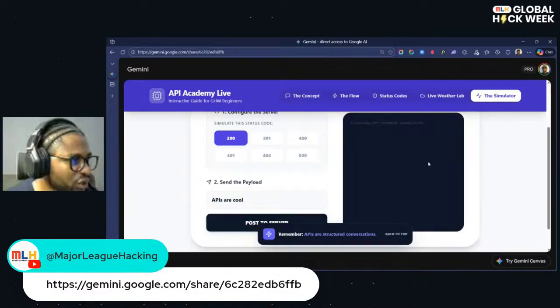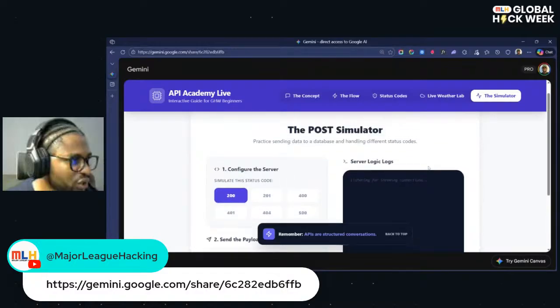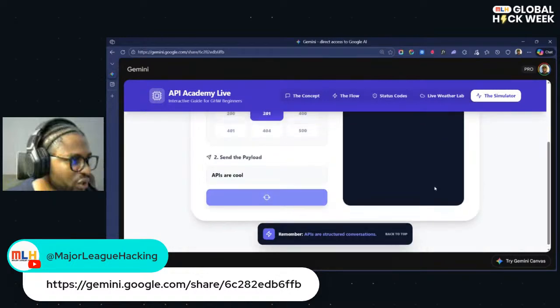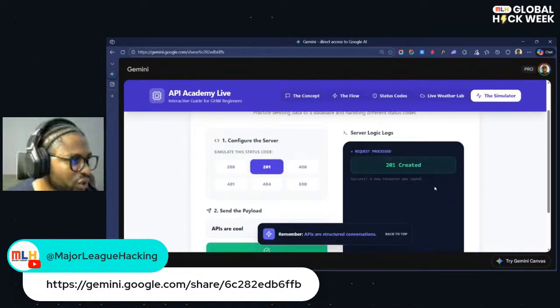That means the server found whatever we sent to it. 200 is used when you're making a GET request. 201, let's say when you are making a POST request, like you're submitting a form. Maybe 200 when you're trying to get some information out.